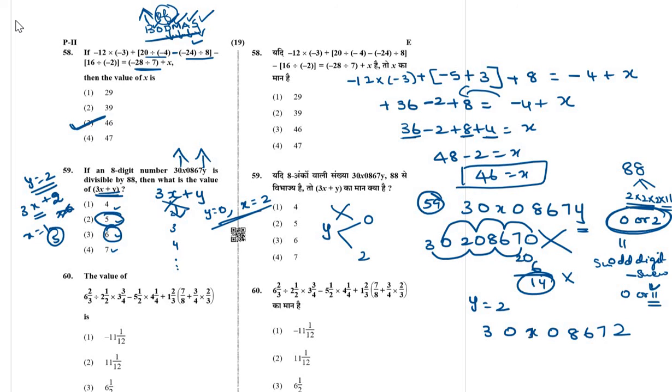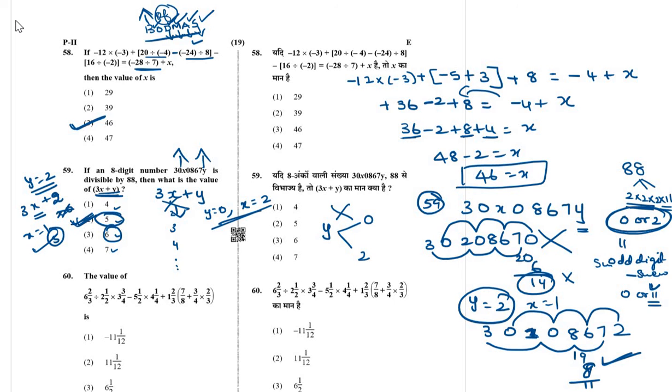So put 1 here. And then check whether it is divisible by 11 or not. So the unit digits and then the even digits. 2 plus 6, 8 plus 1, 9, and so on, the odd digit sum is 15, and then add the even digits, 8, 16, 19. So the difference is 11. So it is divisible by 11. Therefore the answer is y equal to 2, x equal to 1. The answer is 5.